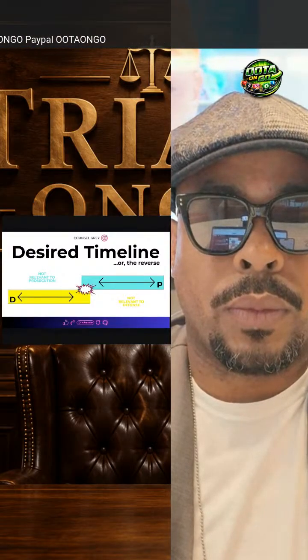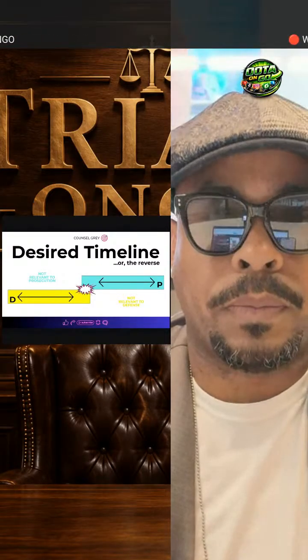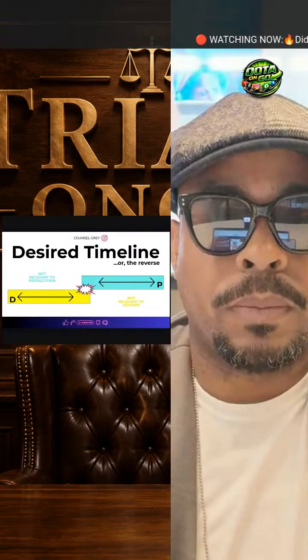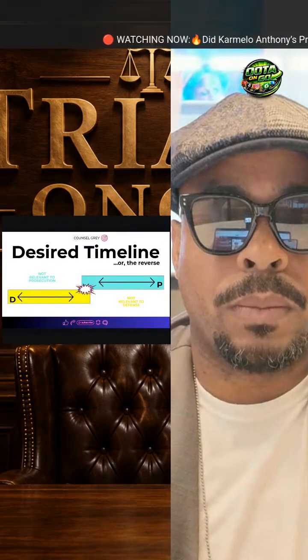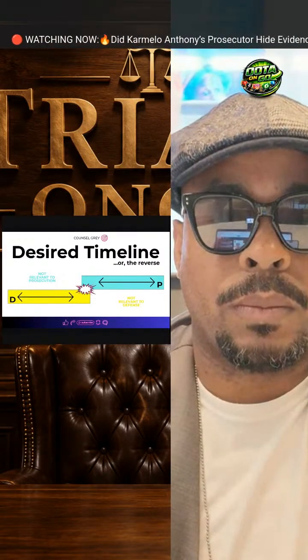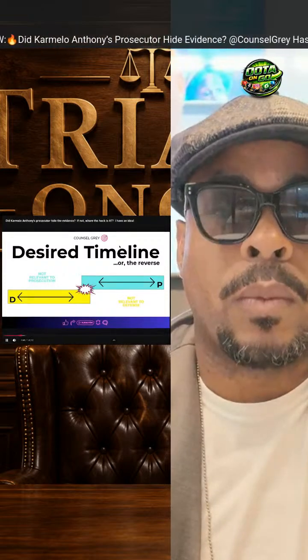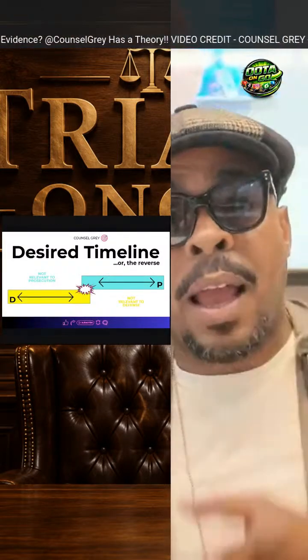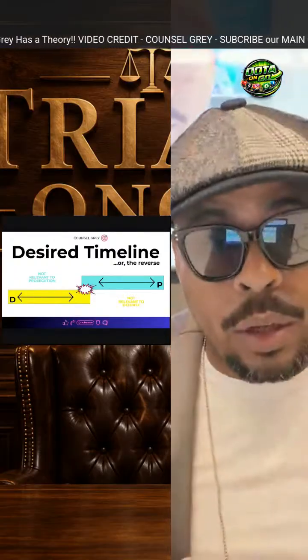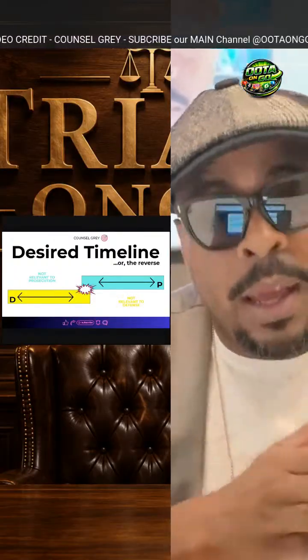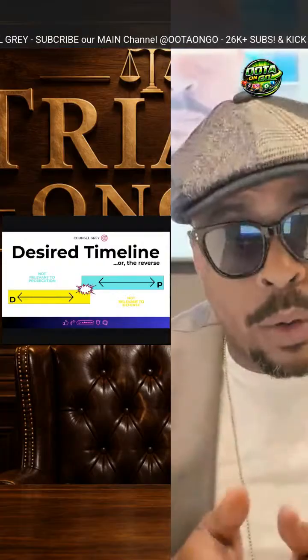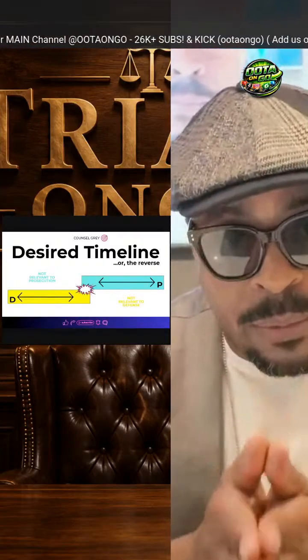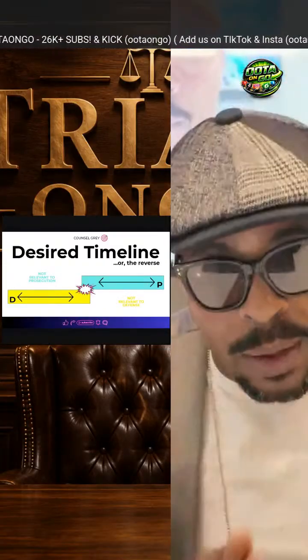The job of each party is to narrow the focus of this whole long timeline of events, from the day the accused was born. The defense worries about from the event and then the past and prior. The prosecution is worried about from the event and forward. That's how that works. It all starts from the event. The prosecution is working from the event forward.